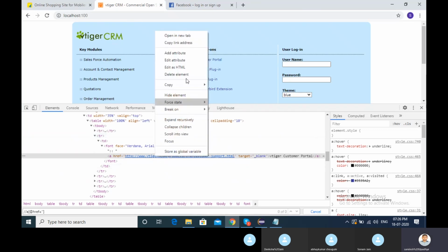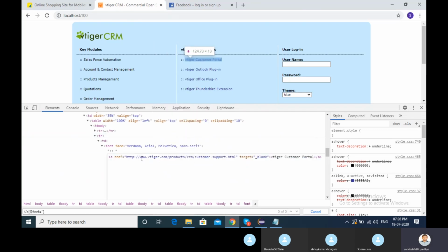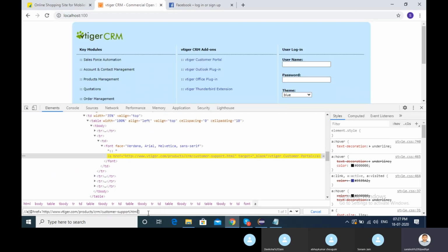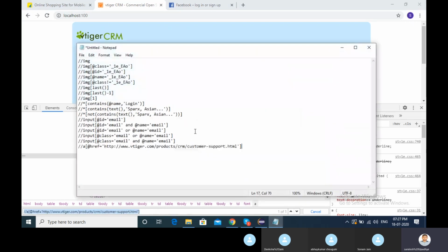Oh, sorry, I just clicked edit. Correct. So using href you can find it like this.